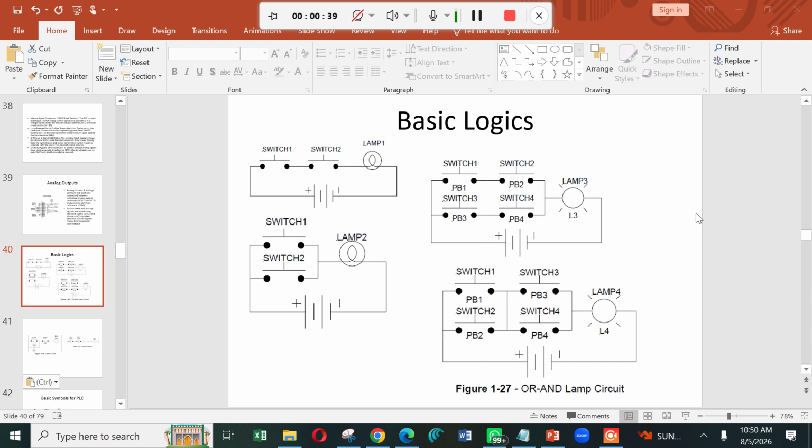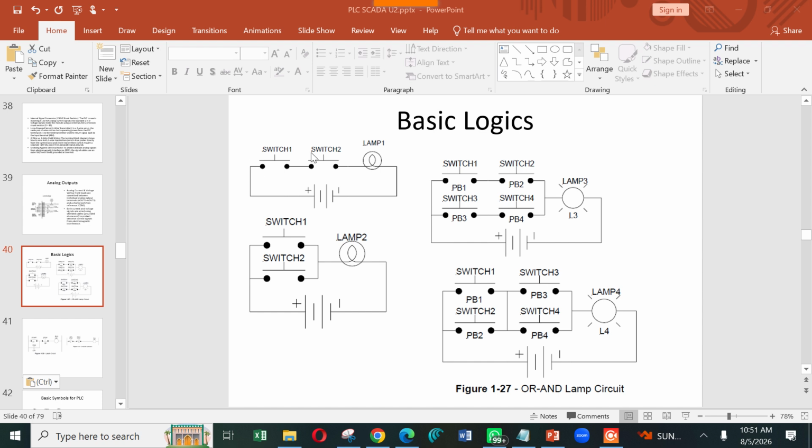According to this wiring diagram, you can see here at the top left side, the bulb is there, the source is there, but I connected two switches in series. So it means if you switch on one switch, the bulb will not glow. We have to push both push buttons together. Both switches or push buttons should be closed. Then only this bulb will glow.